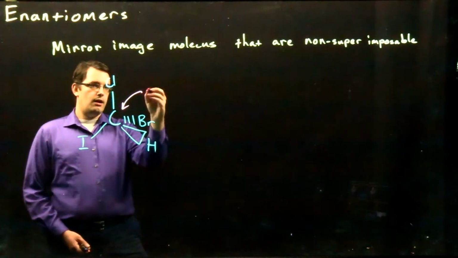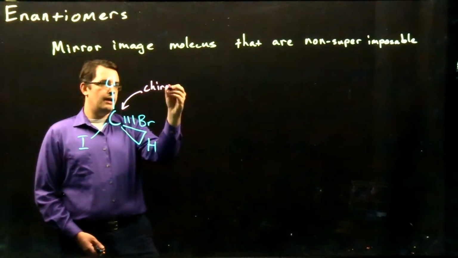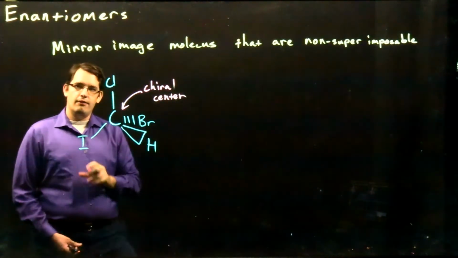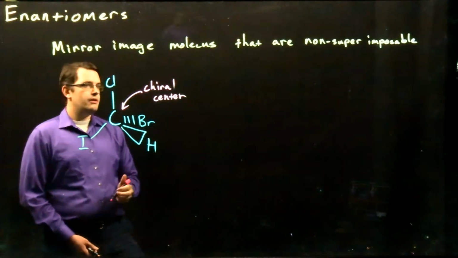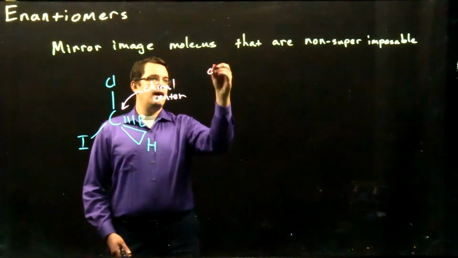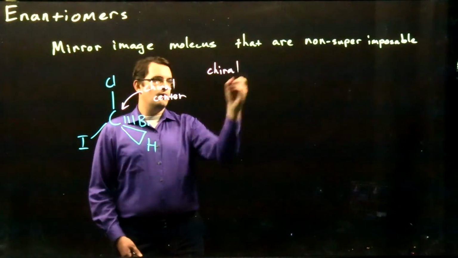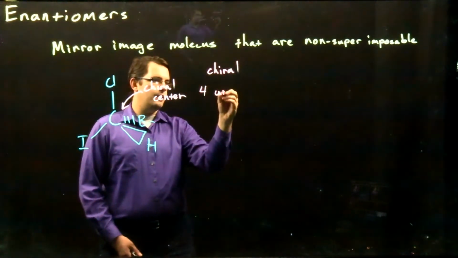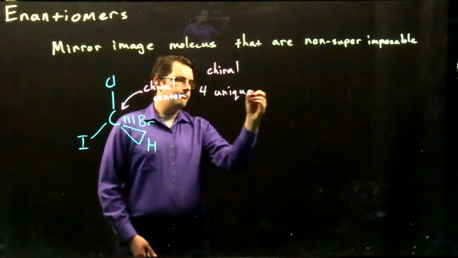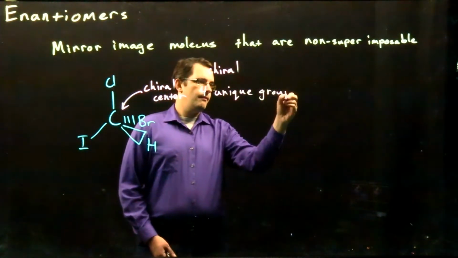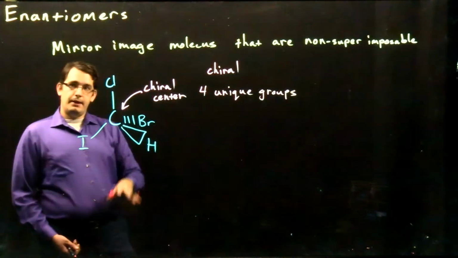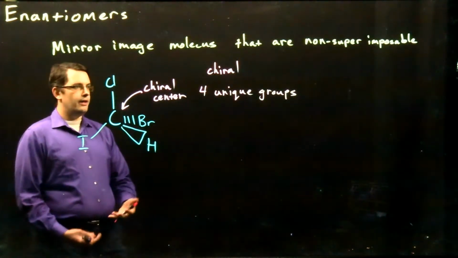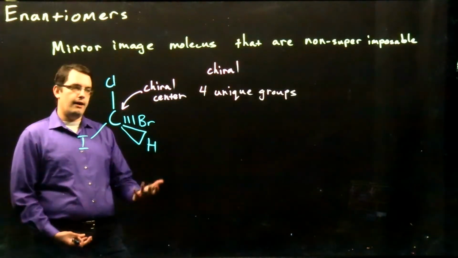So this carbon here I refer to as a chiral center, since it's the center of my asymmetrical structure, and I would refer to this as a chiral molecule overall, because we have this chiral center with these four unique groups attached. As long as we have our chiral center, we'll normally have an asymmetrical molecule that will then have two different